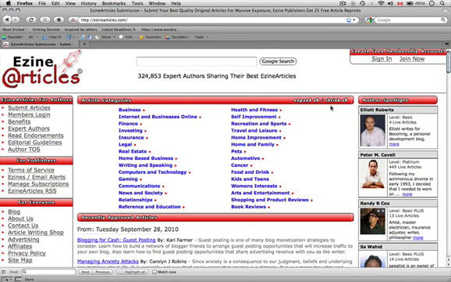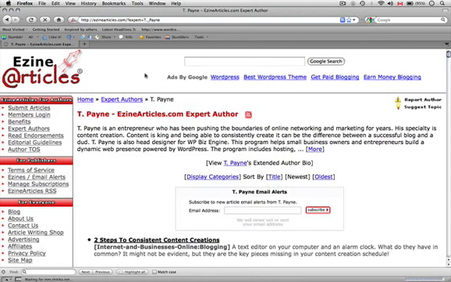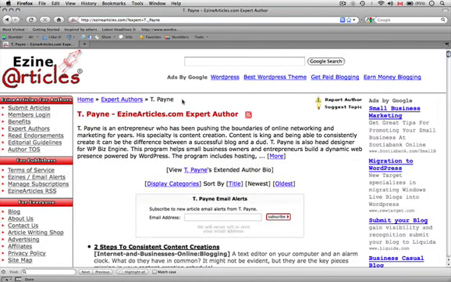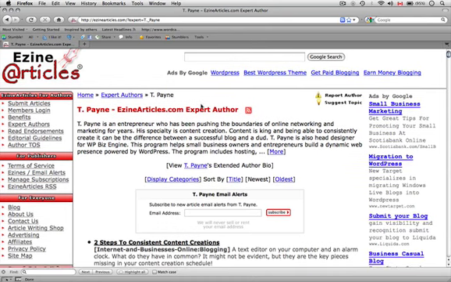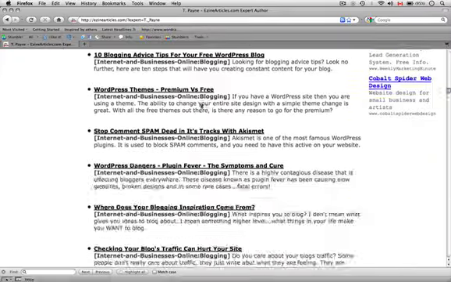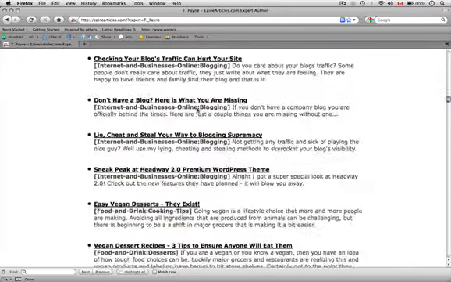I'm not going to show you the sign up. I'm not even going to show you how to submit articles, because you literally just click this link and you follow through the wizard. What I do want to show you is an example of some of the articles that my team's used. So here Ted, who's my business partner, he writes a lot of articles for our different marketing efforts that we do. If you just scroll through Ted's profile, I mean, there are hundreds and hundreds of articles here that we've used. So obviously this strategy works.